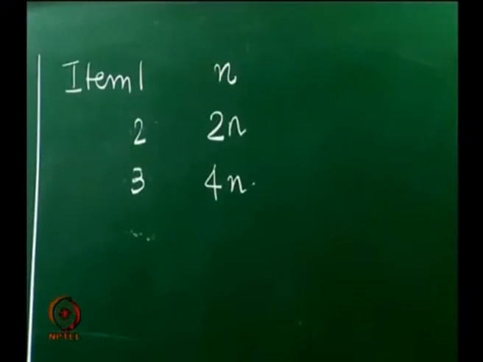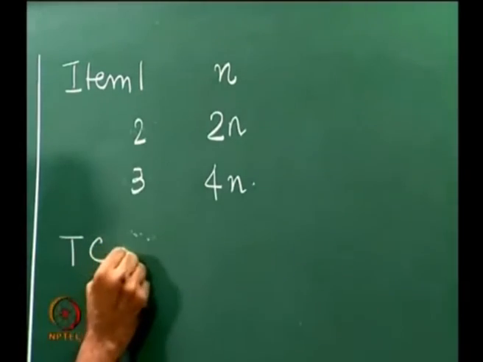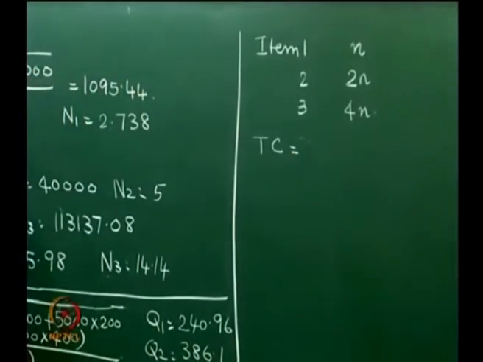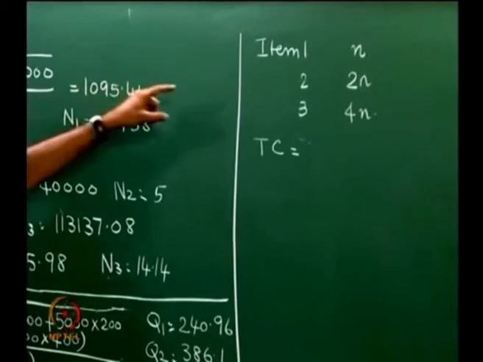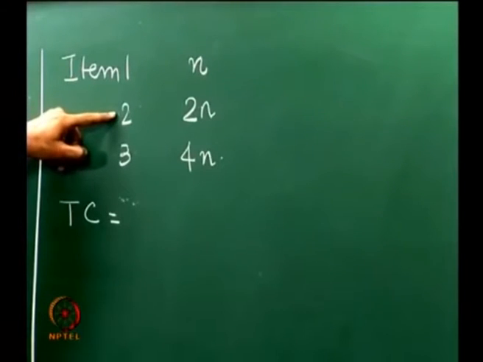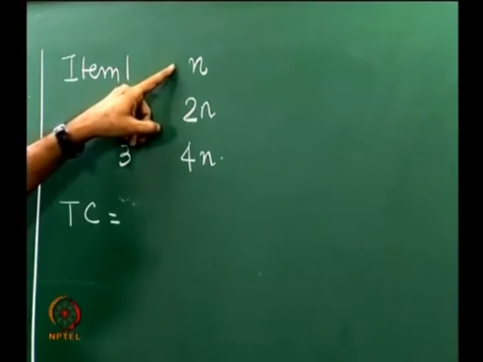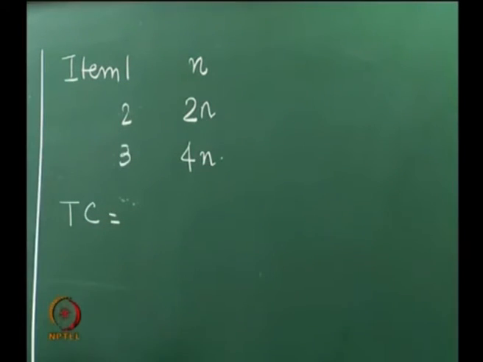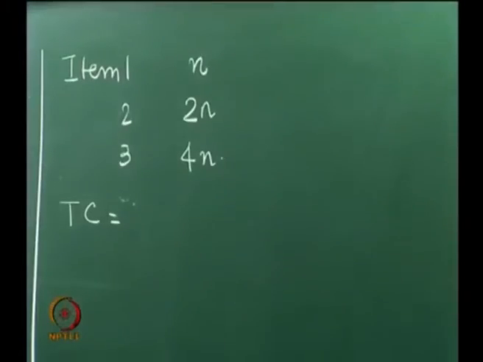Now, when we start doing this, what is the gain that we have? So, the gain that we would have is this. Now, the total cost for this system will be: totally there will be n orders in a year for this, there will be 2n orders in a year for this, and there will be 4n orders in the year for this. So, there will be a total of 4n orders in a year, out of which this 2n will be synchronized within this 4n, and this n will also come within this 4n.